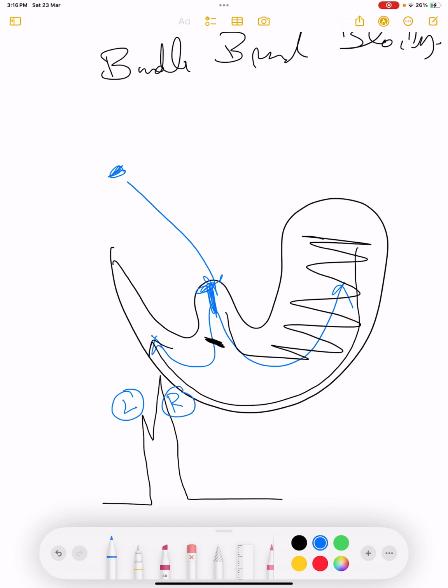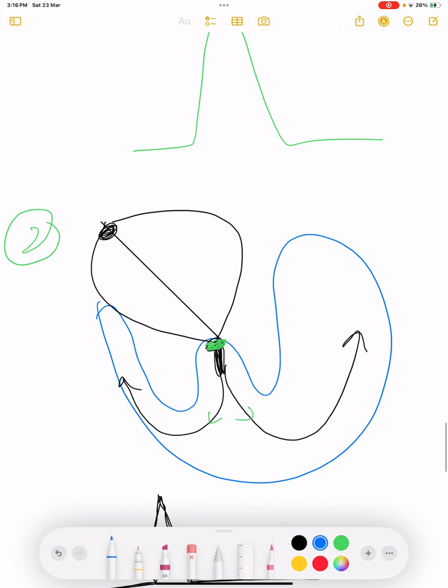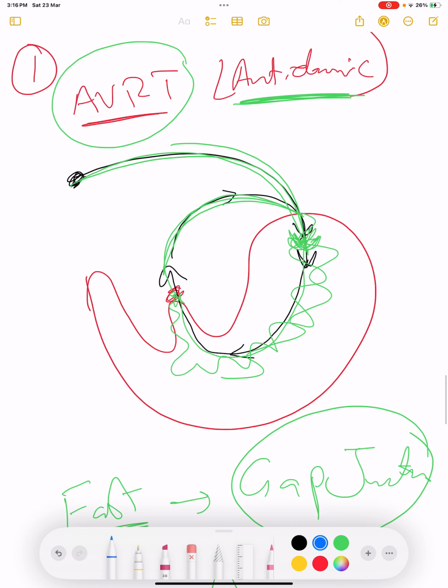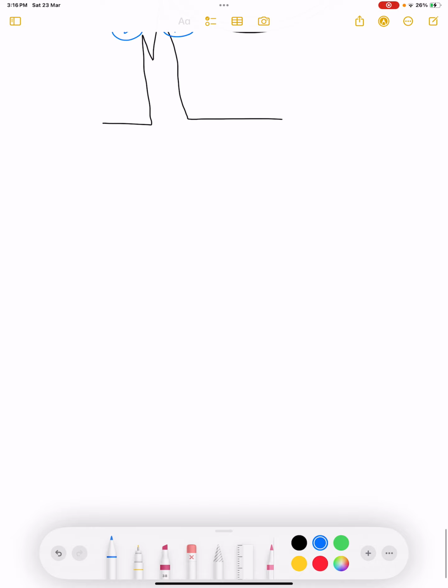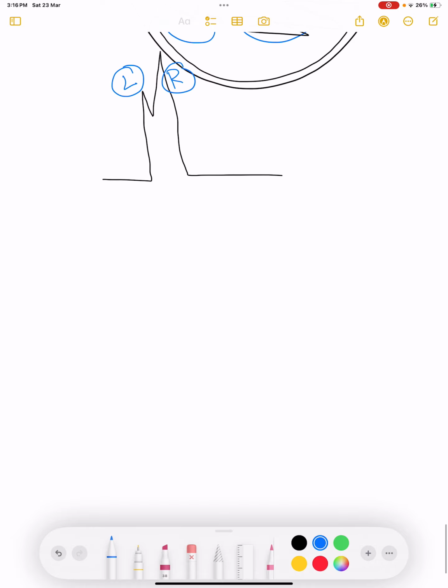Similarly, when the left bundle is blocked, then the right will be depolarized earlier and the left will be depolarized later on. So this causes a delay. Again, there is a disruption in the normal pathway of conduction. Normal conduction pathway is disrupted. They are not being depolarized at the same time, so that will lead to a broad complex tachycardia. So first it was AVRT, second it is bundle branch block, which is left bundle branch block and right bundle branch block. Okay, and third condition,